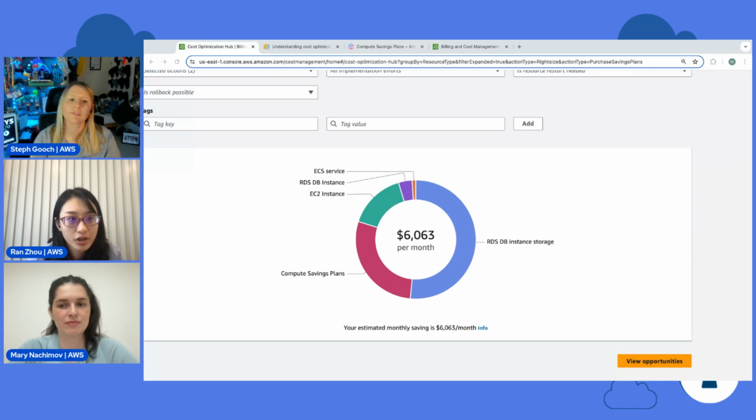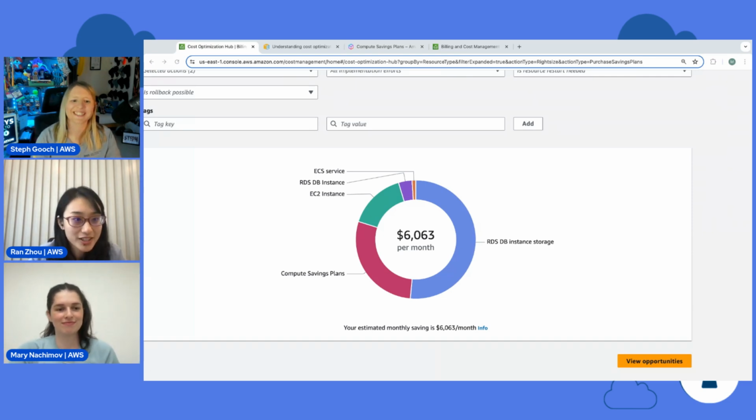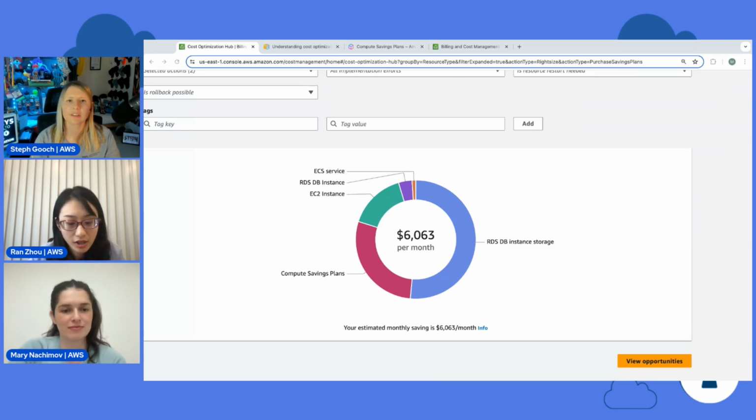But in a nutshell, it's a 3-step process. The first step, we create a mapping between the right size resource and the SP cover resource, their usages, based on a usage group. And the second step, we calculate for each usage group, for the right sizing recommendation, after the downsizing, what would be the factor? And then we apply the same factor to the savings plan purchase savings, and that savings will be shrunk. So that's the second step.